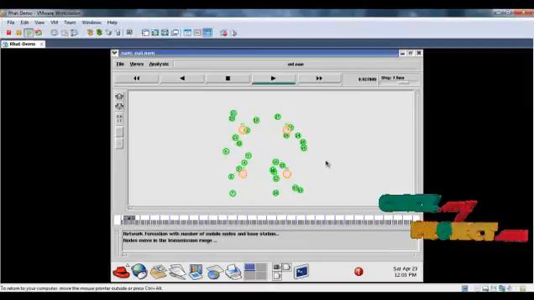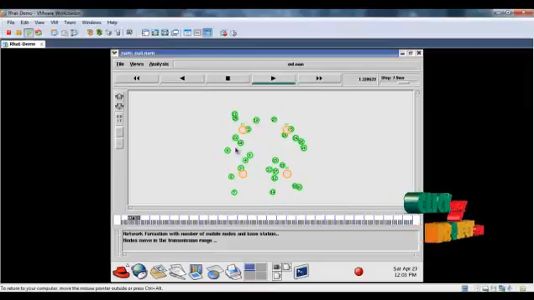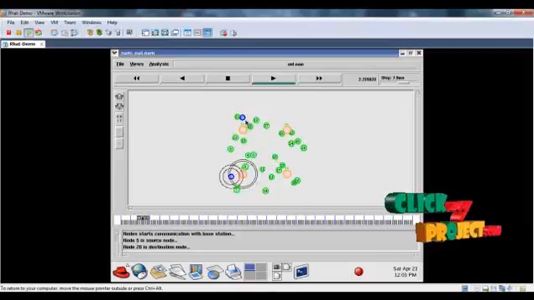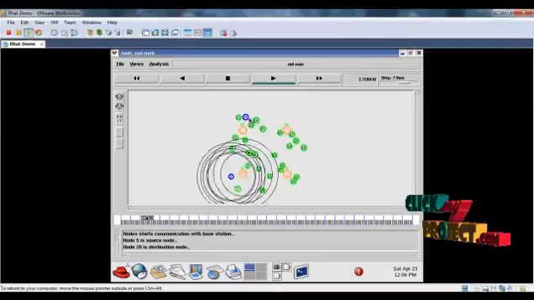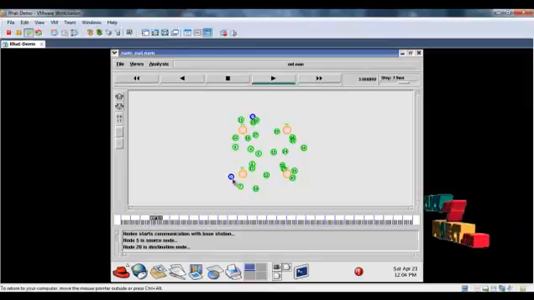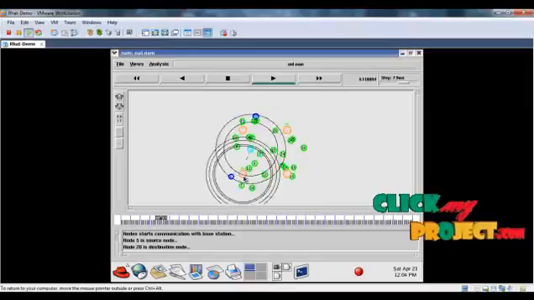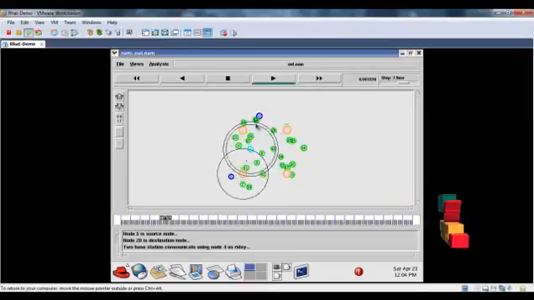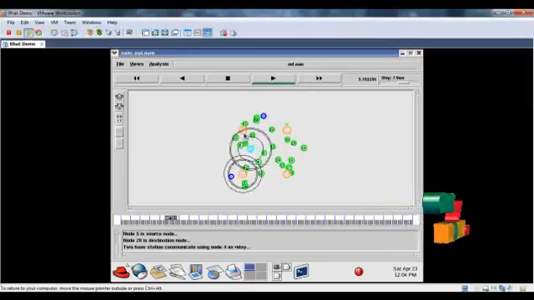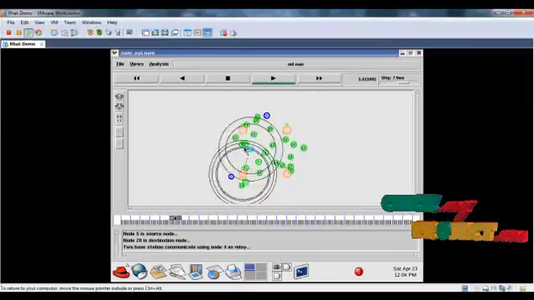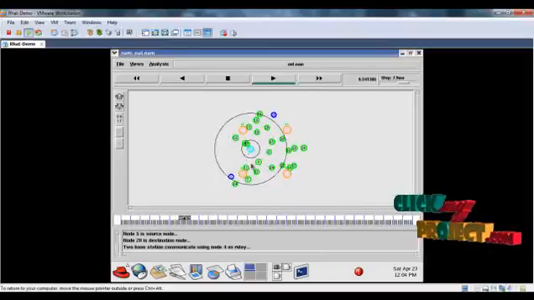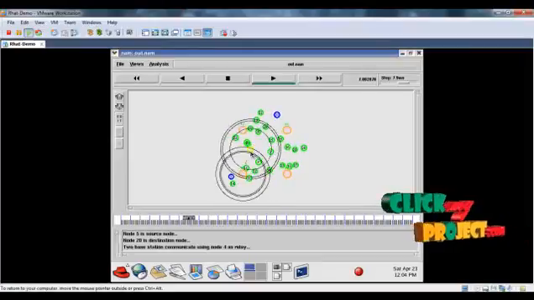Now, since it is a mobile network, the mobile nodes move within the transmission range. Now the source node is created and the destination node is created, which is far away from it. So first the source node transfers to the nearby base station and the base station further forwards to the destination base station. For that, a relay node is used since the transmission range is larger. The base station chooses a relay node and forwards to that node. Here 4 is a relay node and the base station forwards to that node and it further forwards to the